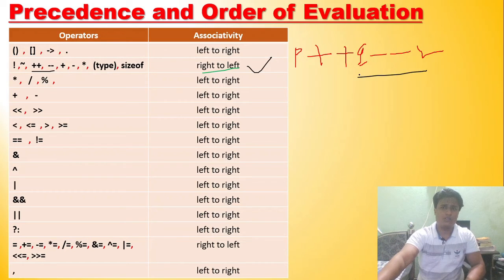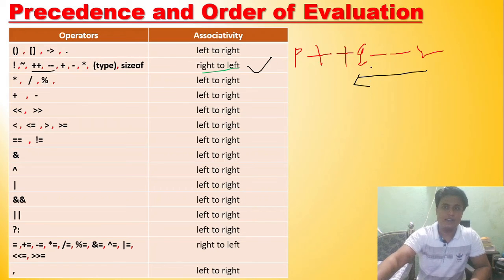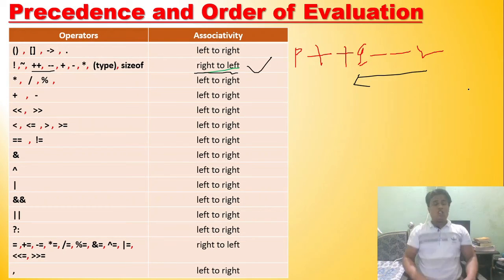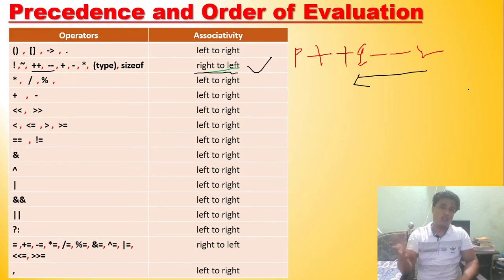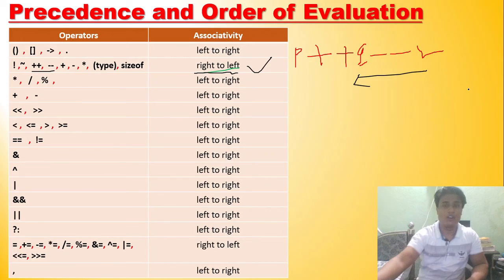I will show you this through a coding example also. Understand that this one is operated first, then this one is operated. Okay. Right to left, and notice this. Hope I made this much clearer about associativity and precedence. If you have more doubts, please rewind the lecture and watch it 3 to 4 times. After doing that, if your doubt is still not clear, then ask me in the comment section. Okay. So now moving on.